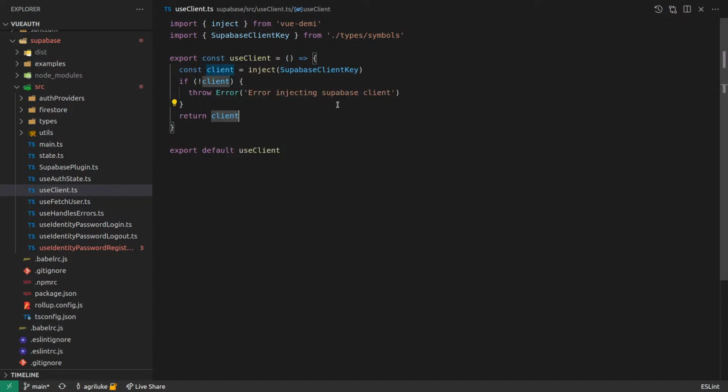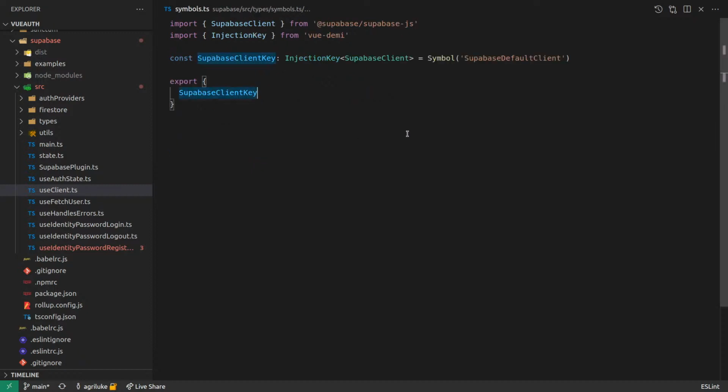So the cool thing about this is it handles the possibility of there not being a client for us. So if we use client instead, it means that we don't have to deal with that situation where it could potentially be undefined. So this just makes it a little bit easier to use when you're using TypeScript. And it actually adds an extra layer of security to make sure that if the app does blow up because the injection key doesn't exist, we get a more meaningful error. All right, so I've got use client now,